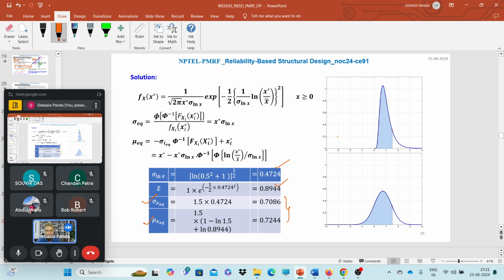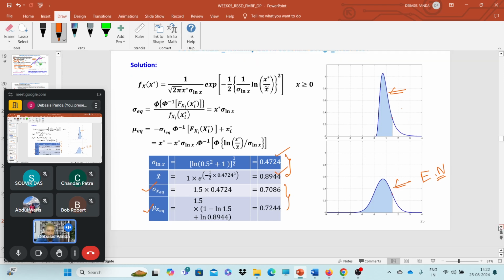Like if we plot the log normal distribution based on these two values, we will get this curve, and based on these two values we will get this curve. This is nothing but your equivalent normal for this normal distribution table. So here the logic is that the area under these two plots with that reference point, we are making them the same. So if we have this kind of problem where we first need to convert that non-normal to normal distribution or equivalent normal distribution,